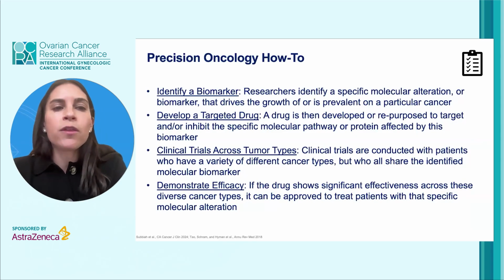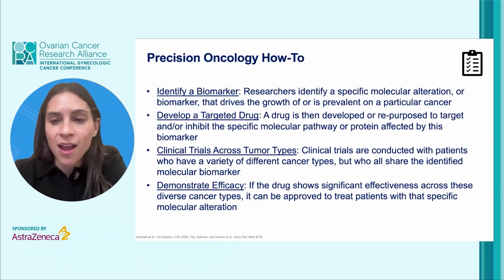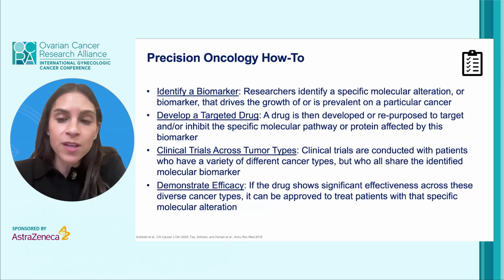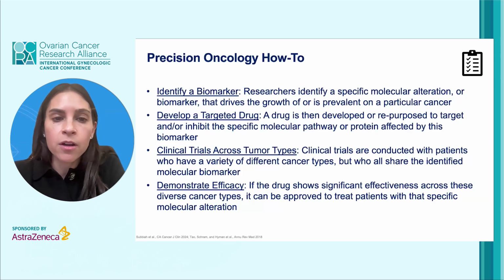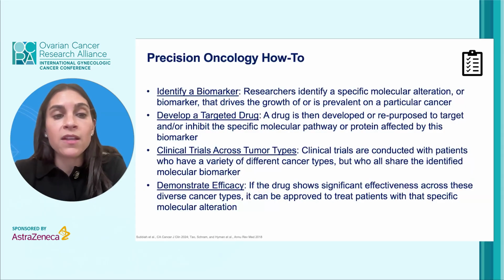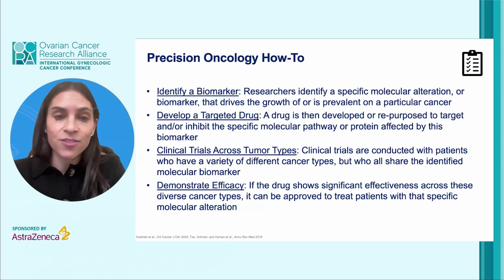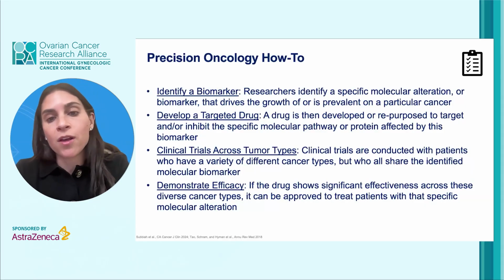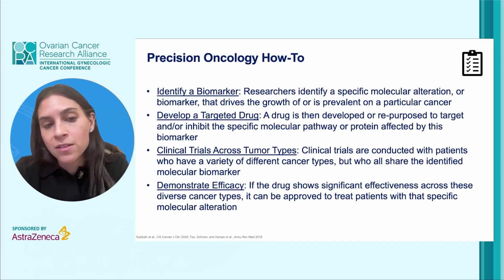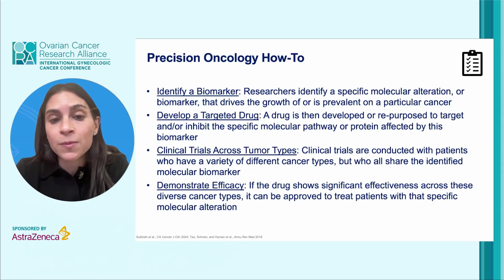So to go to the basics here, in terms of a precision oncology how-to, the first step really is identifying a biomarker. Researchers identify a specific molecular alteration or biomarker that drives growth or is prevalent in a particular cancer. They develop, across cancers, a targeted drug. So a drug is either developed or repurposed to target or inhibit the specific molecular pathway or protein affected by